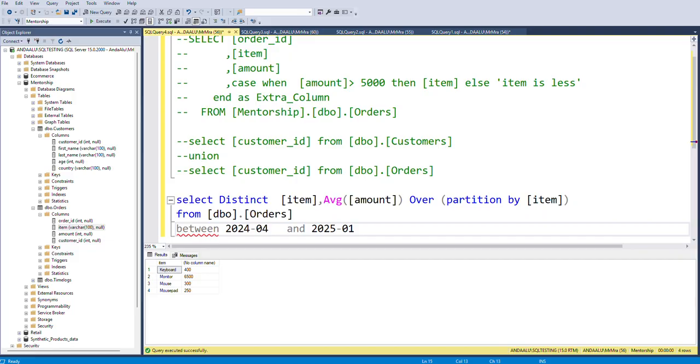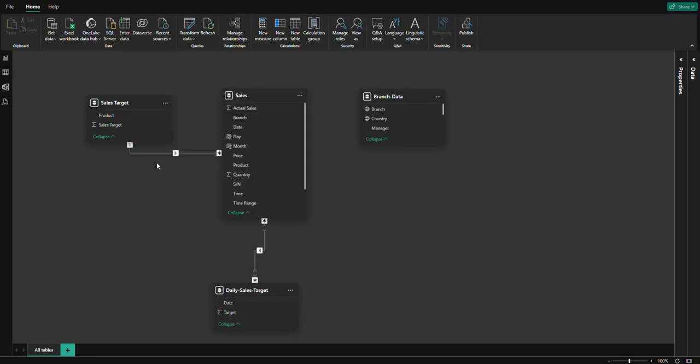What happened now? Okay, cool. So the relationship has already been created. It's saying there's one to many, like in the sales target table. In the sales table, there's